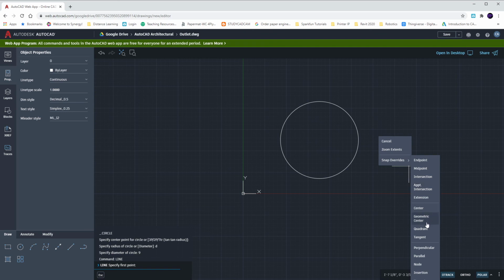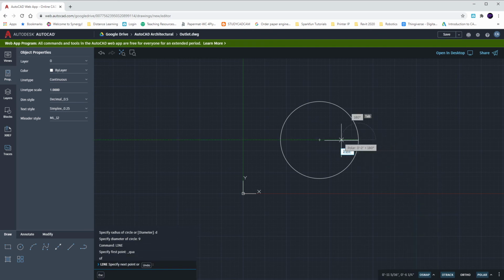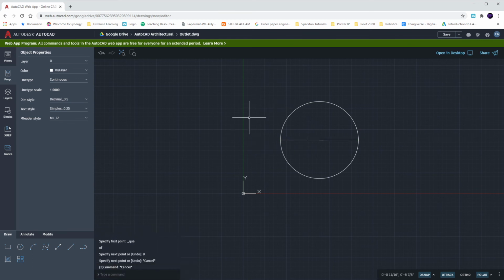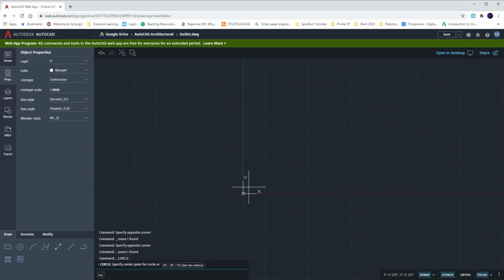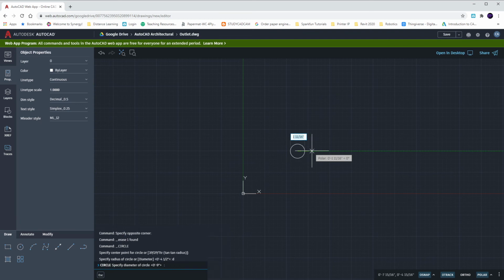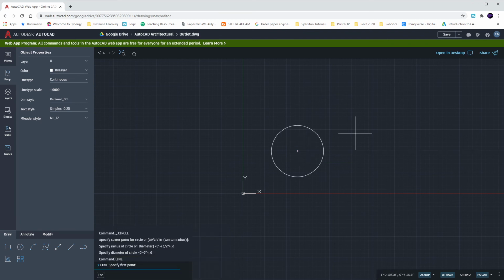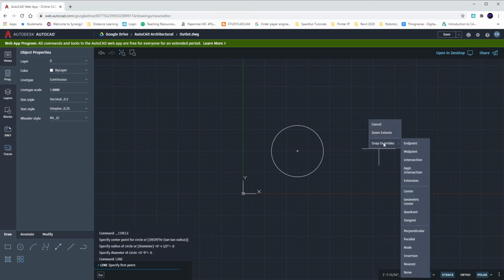This time I will choose quadrant. And we'll bring it from the right quadrant back to the left 9 inches. I'm sorry, our lines should be 9 inches long. Our diameter should be 6. So new circle, again, diameter 6. Create that line from the quadrant,